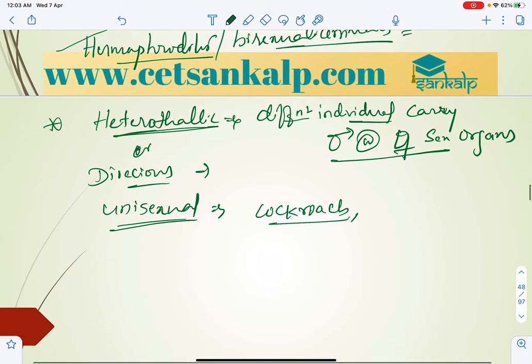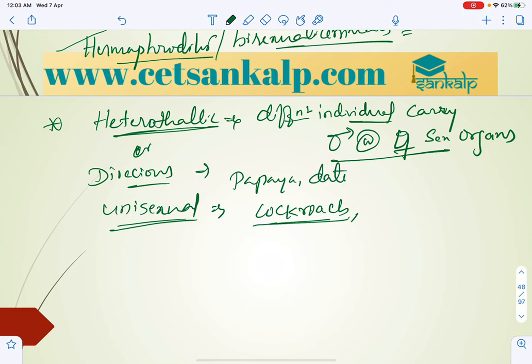And based on sex we can classify two individuals, male and female, so dimorphism will be there. Dioecious examples we can write here: papaya and also date palm. Unisexual: cockroach, and along with that human being, and so many